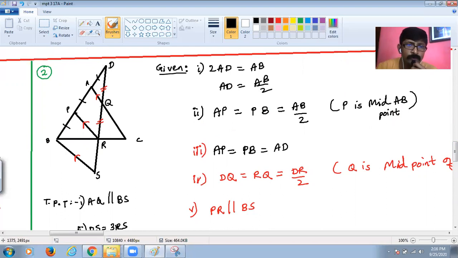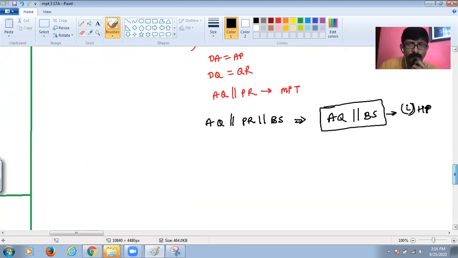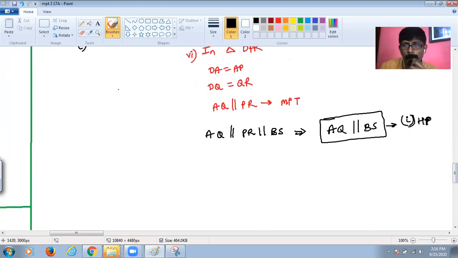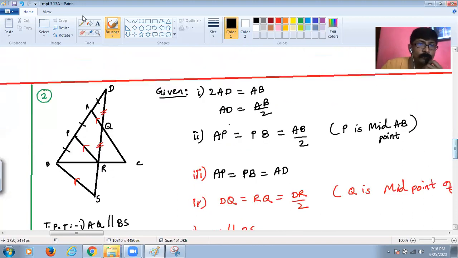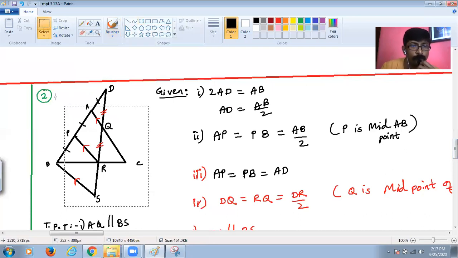Out of which we have already got DQ equal to QR. Now, if we simply prove QR is equal to RS, then we're done. And that too I just explained to you, isn't it? If these three lines are parallel and AP is equal to PB, then QR is equal to RS. Simple, isn't it? So we can write it down over here. Statement number 7 is done, so we'll go ahead with statement number 8. Okay, one second, students. For your simplicity, I'll copy and paste this diagram once again.